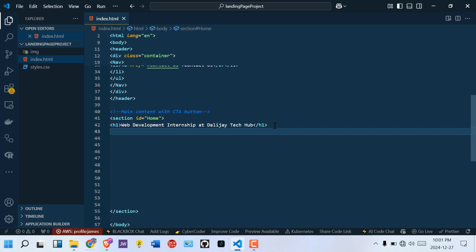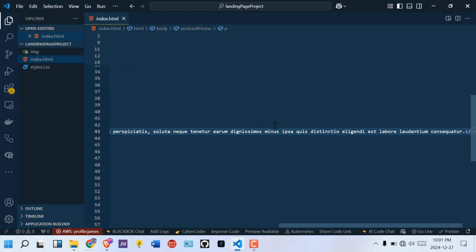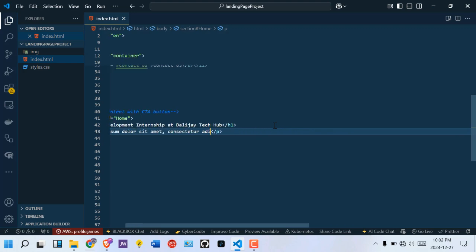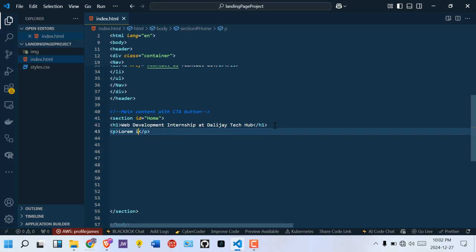Now there's going to be a small paragraph to describe what someone will get when they do an internship. So we're using a paragraph here. We can even use the lorem text as an example, but now I want to type something meaningful. For it to move faster, you can use the lorem text to generate sample text and use it. Good. So I'm saying, gain real world experience,